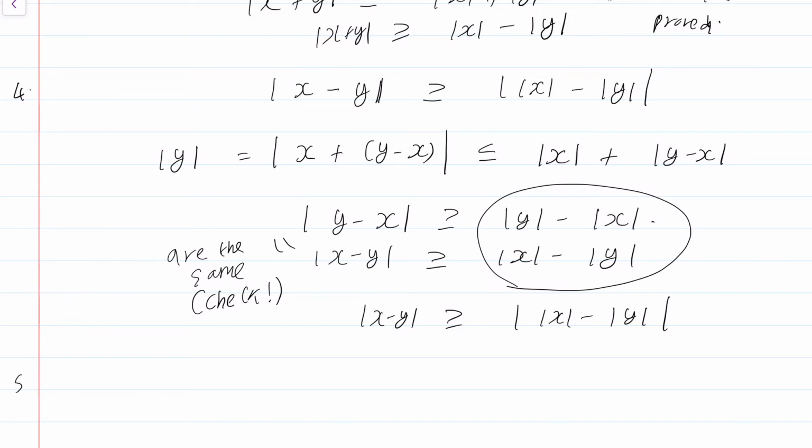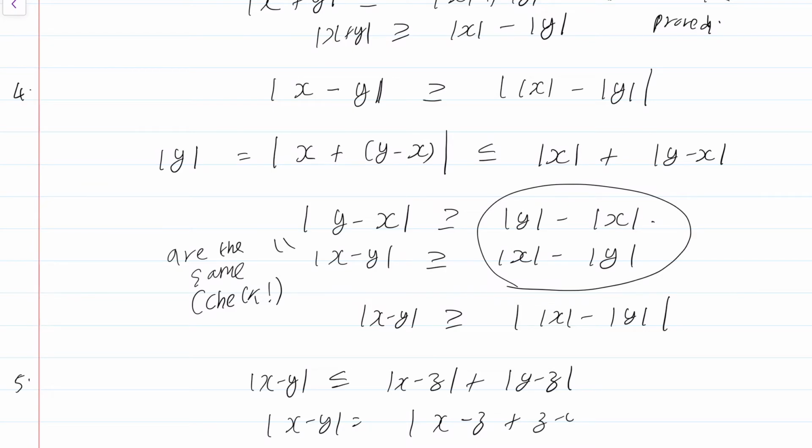Finally, we want to show that for all x, y, z, mod x minus y is less than or equal to mod x minus z plus mod y minus z. This immediately follows by writing mod x minus y as mod x minus z plus z minus y. And then this will immediately give mod x minus z plus mod y minus z by triangle inequality, and we are done. So this concludes the proof of